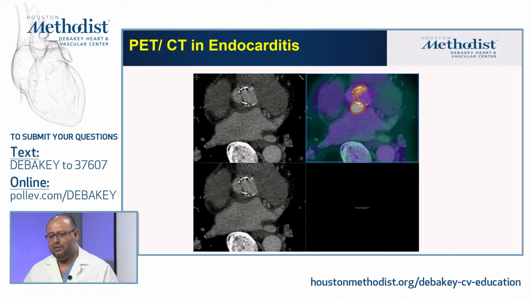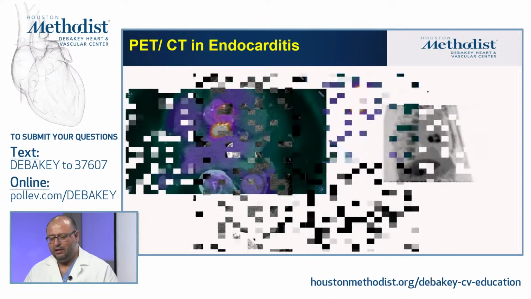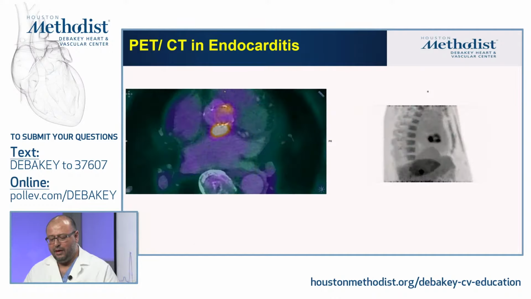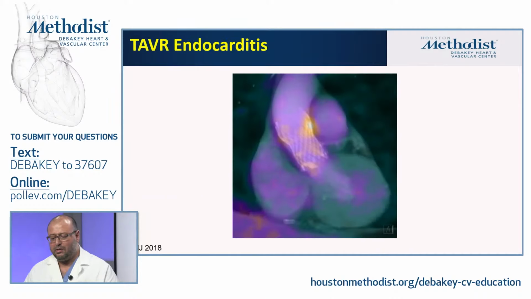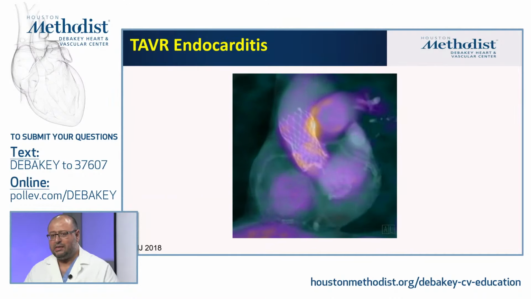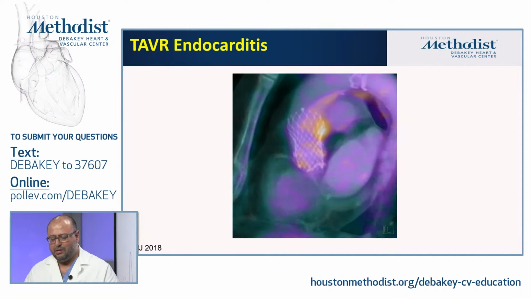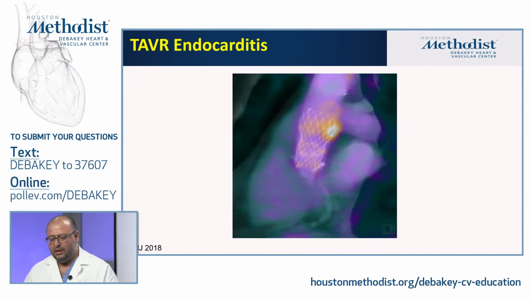It was difficult to image this patient, and you can clearly see that we have, by CTA and by FDG, two suspicious lesions for an abscess. These were confirmed by surgery, and this patient went the same day for surgery and found the same kind of abscesses exactly as they were described here. You can also assess TAVR valves for that, so this is like for prosthetic valves.